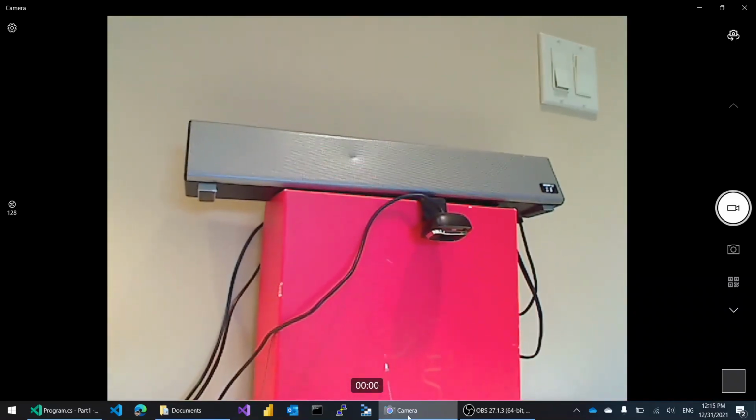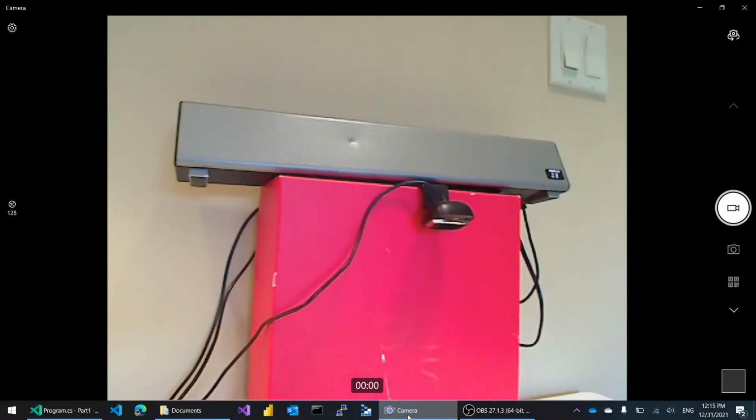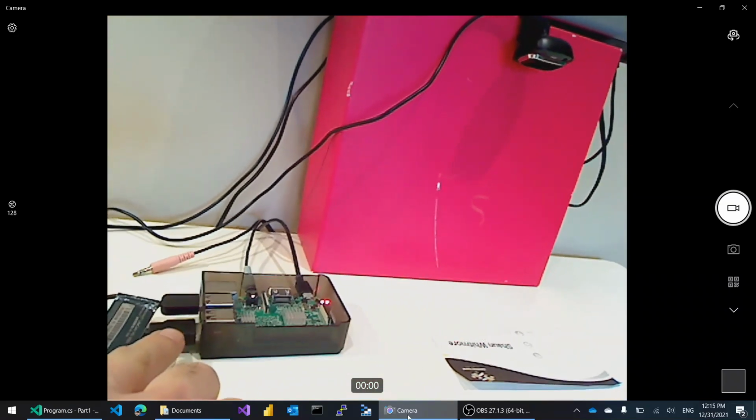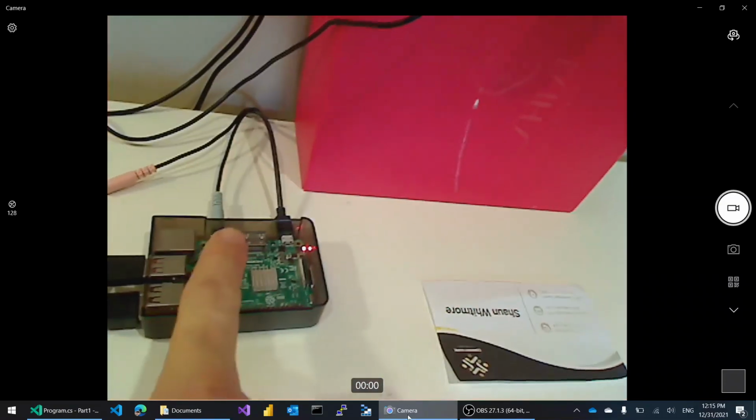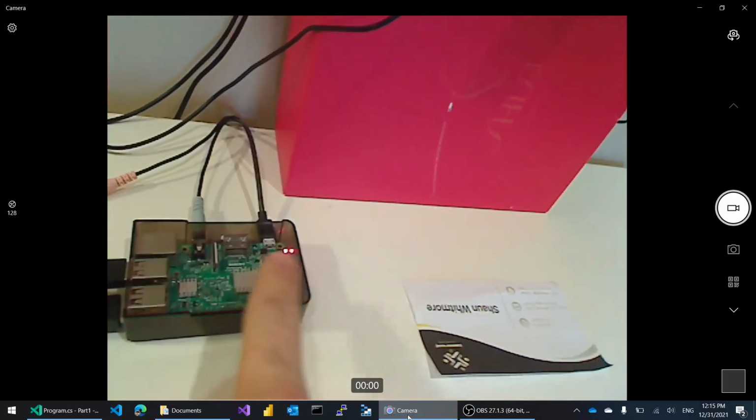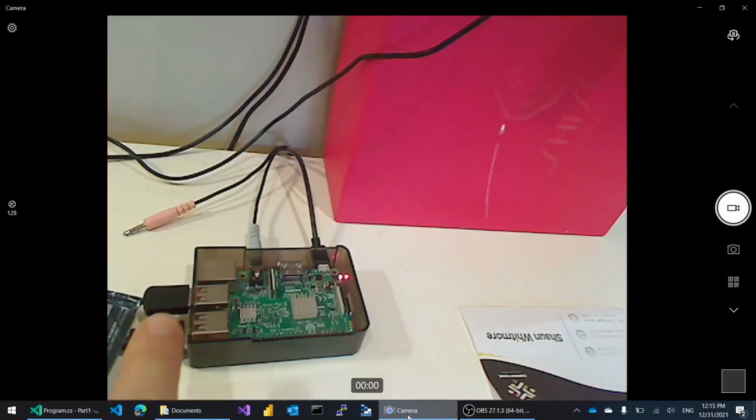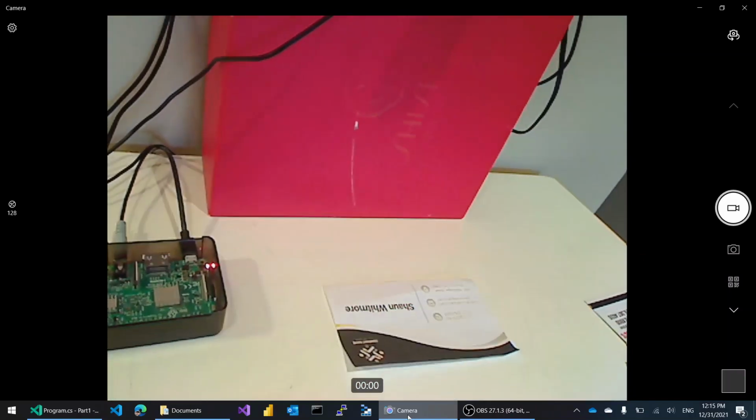This is my current setup. I have a box with a camera on top, just to stabilize the camera image, and I have a speaker set on top. This is my Raspberry Pi, and we'll see that there is actually a connection from the speaker. It's just for power, because the speaker is connected to the audio jack. Also, I have a power jack connected, and I have a camera. This is my camera, which is taking pictures of one of the business cards. I have several business cards for testing. So this is my setup,